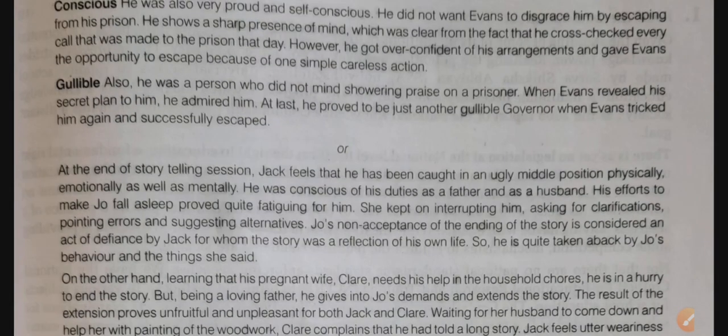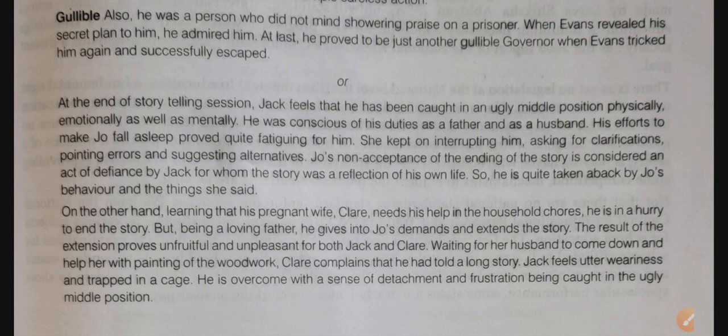Alright? Here is the answer. At the end of the storytelling session, Jack feels that he has been caught in an ugly middle position physically, emotionally, as well as mentally. How? He was conscious of his duties as a father and as a husband, and his efforts to make Joe fall asleep proved quite fatiguing for him because Joe was quite inquisitive and used to ask questions again and again. She kept on interrupting him, asking for clarifications, pointing out errors, and suggesting alternatives. Joe's non-acceptance of the ending of the story is considered an act of defiance by Jack because Joe, children,